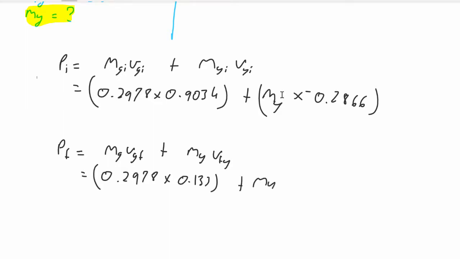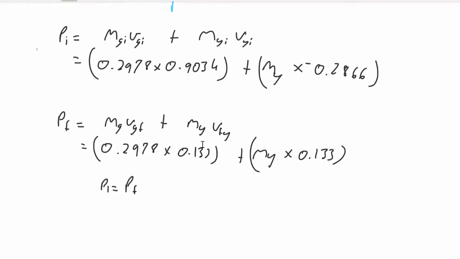And then the mass of the yellow, which we don't know, times 0.133. And because we're saying momentum is conserved, we're saying that PI is going to equal PF. So if we chuck all these numbers into our calculator,